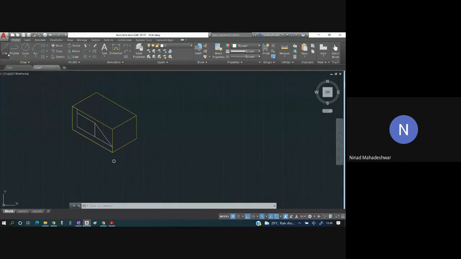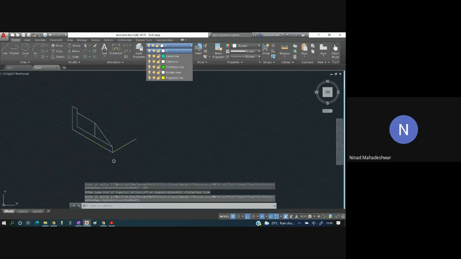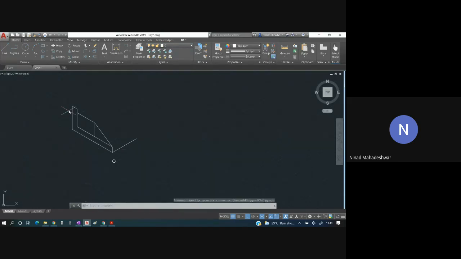I'm going to take a line over here, and I'm going to draw from this end to the other end. So I'll press F5 and change the plane. I'm going to draw a line over here. Now listen to this part very carefully, how we are going to do it. I'll switch off the projection line, and I'll copy the entire front view.